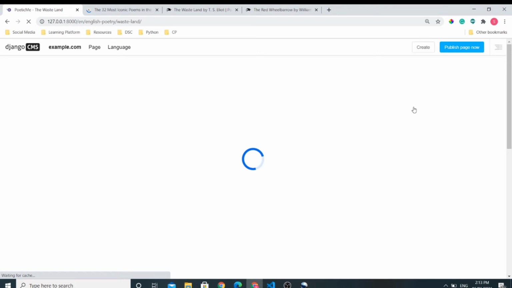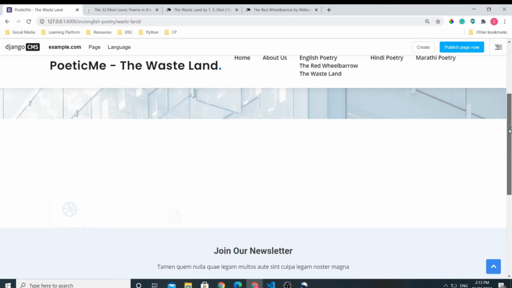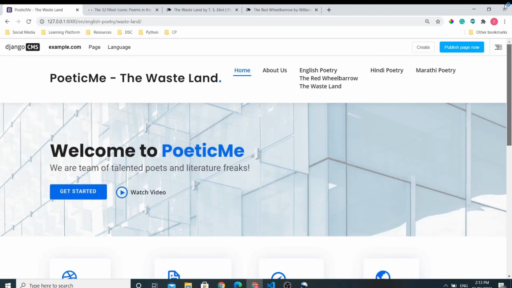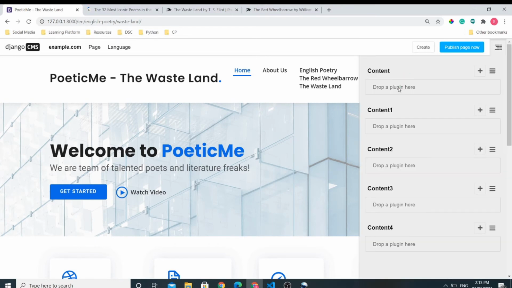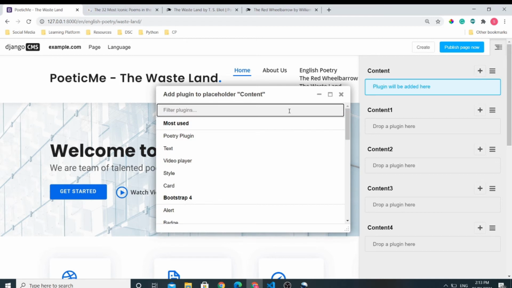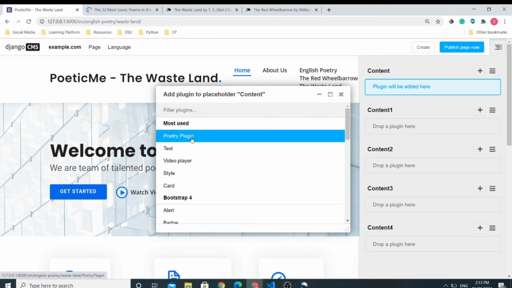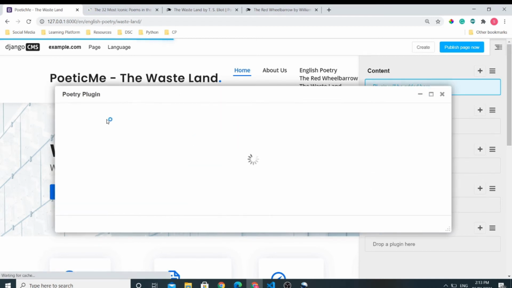Open this page, and we don't have any poem on this page, just the template is loaded. And now we would like to add that poem here. Let's search for poetry plugin.